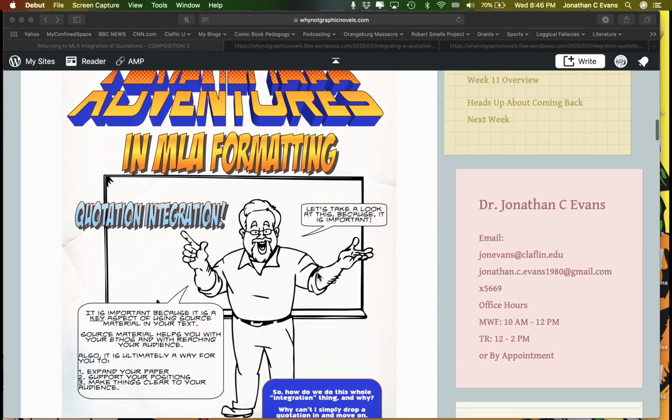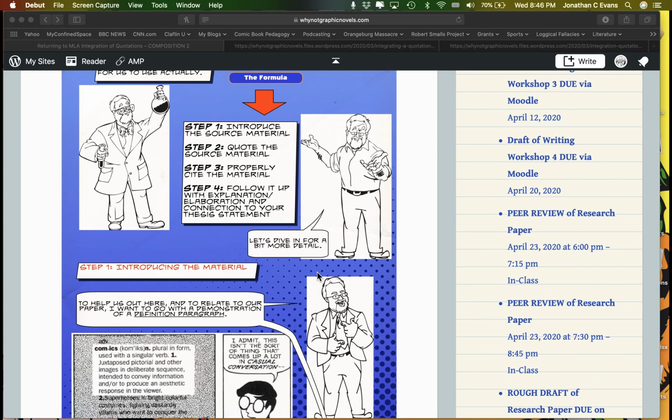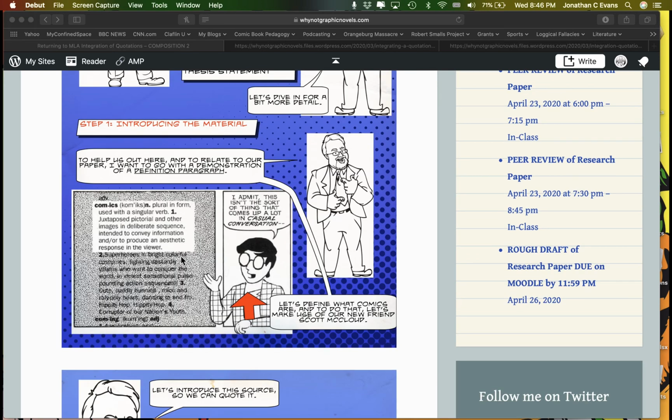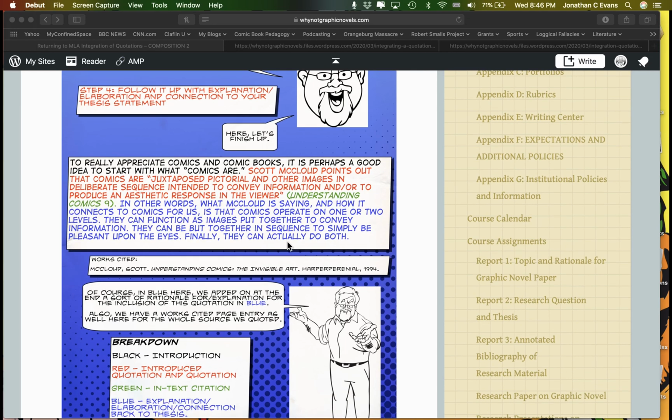Now, you'll note here some things I talked about, a step-by-step process, and I will probably again refer back to the Bordeaux example, continue to hark on that. But real quickly here: introducing material, quoting the material, properly citing it, and following up with an explanation. I borrowed from this example here from Understanding Comics, and I walked through and ultimately came up with this product at the end. If you're considering this in terms of what we did last time, this is sort of my topic sentence.